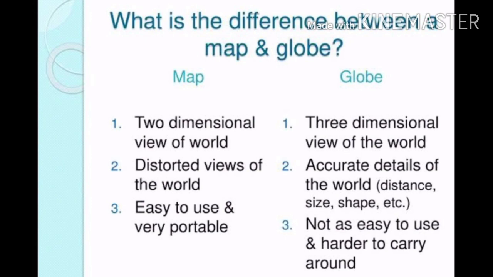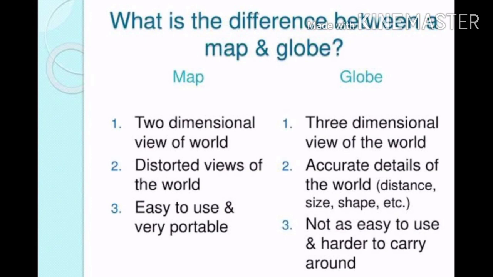If we want to find out any location, like where is this river or where is this country or continent, it is very difficult to find it on the globe. Now the question arises, how to locate a place on it, in which direction, in the southern hemisphere or the northern hemisphere, or is it in the east or west, because the earth is spherical. Overall it is spherical in shape, so it is very difficult to find out which one is the east, which one is the west, and which one is the north and south.